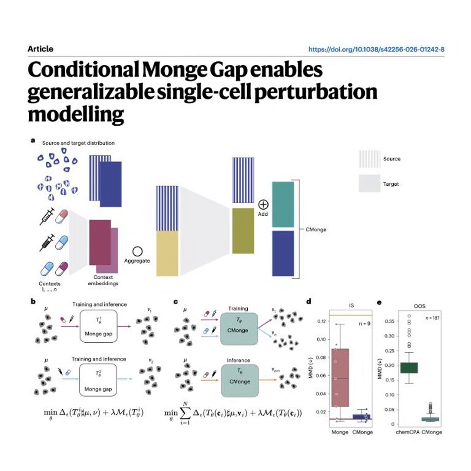It really makes you wonder, if an AI can reverse engineer complex biological behaviors just by analyzing a 2D drawing of a chemical structure, what other physical rules of nature could it deduce if we just fed it enough data? And that ability to predict from structure alone is exactly what sets up the ultimate test for CMonge.